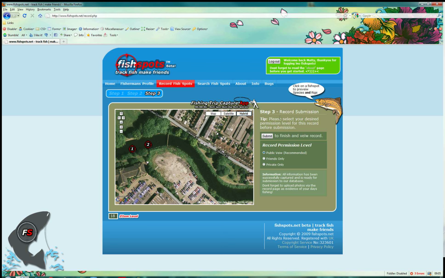Basically it's just asking us to give a permission level to the fishing record we're about to create. This is again something we gave a lot of thought to, because we know some of you won't want to share your favourite hotspots with your fishermen friends, as it were. We do encourage you to